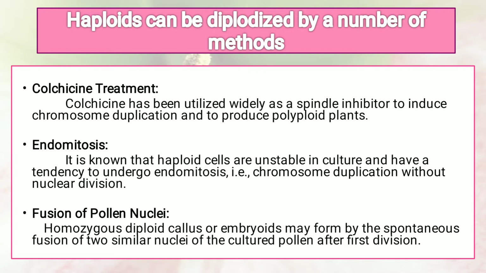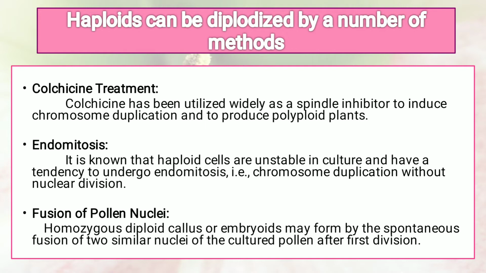The young plantlets, while still enclosed within the anther, are treated with a 0.5% colchicine solution for 24 to 48 hours. Then the plantlets are replanted in the medium after thoroughly washing. In case of mature haploid plantlets, 4% colchicine paste may be applied to the axil of the leaves.